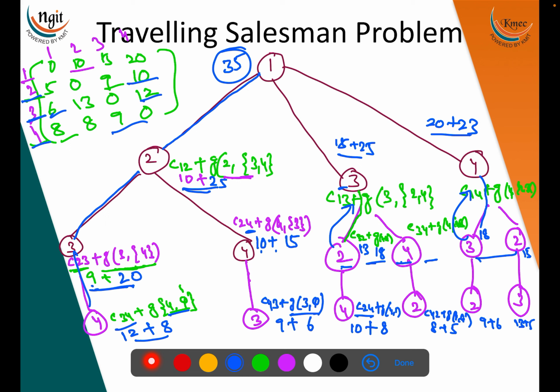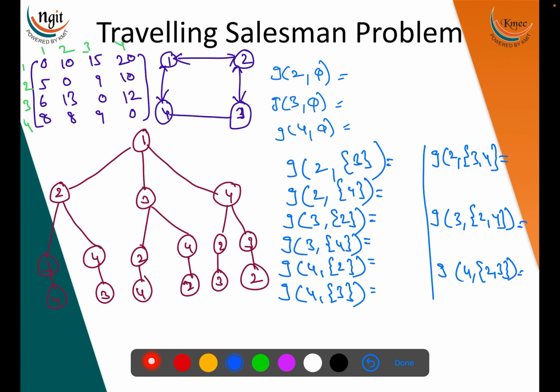So you have even the implementation part for the same. You can implement it using Java programming. Okay. So here you cannot write the solution as I have drawn it in the tree. You should move a little bit like this. Your answer paper, the OU end semester examination answer paper, you should write this way. What is G(2, pi) value? It is the 2 comma 1 value. Look at the graph. 2 comma 1